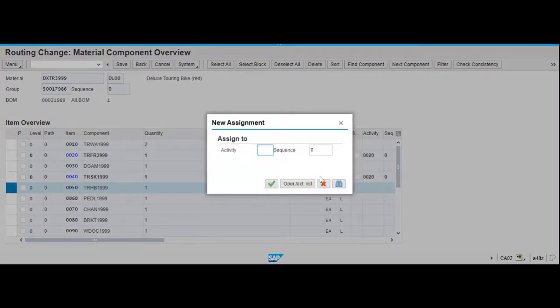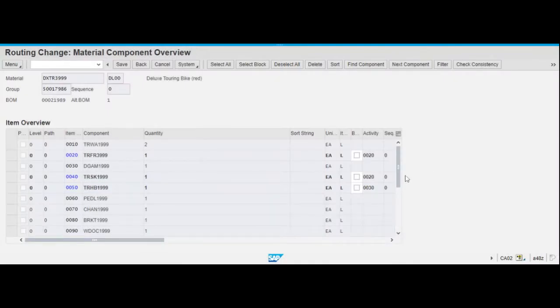And what should be the number here as an activity number for this one? 30. It's done. As you can see, it's done now. Similarly, next one is number 40. There are two for 40, which is